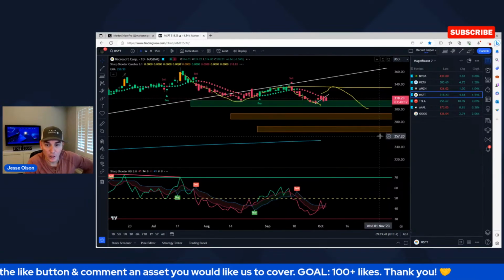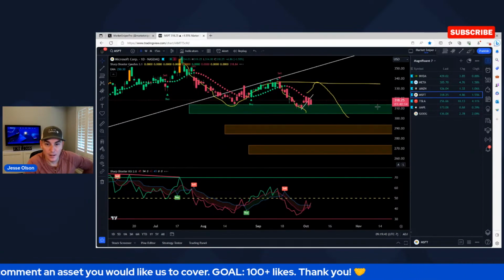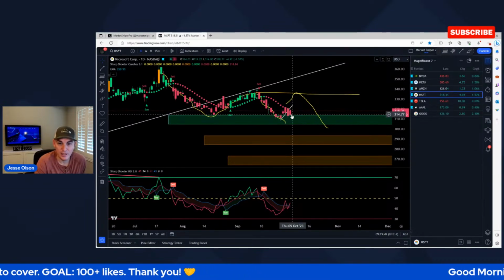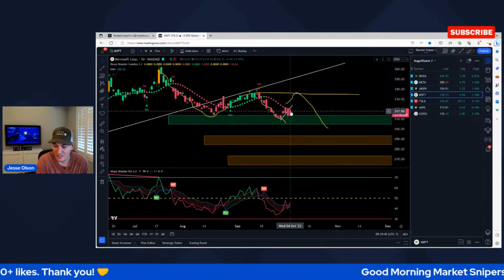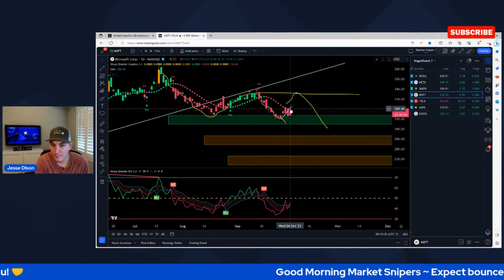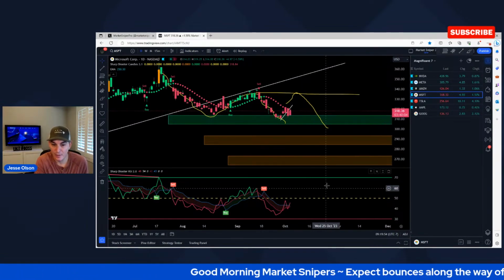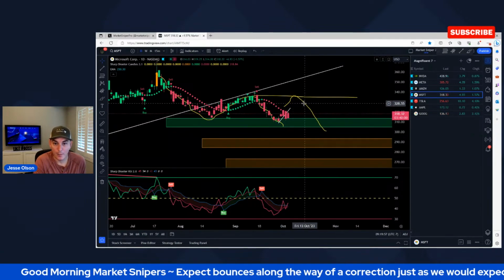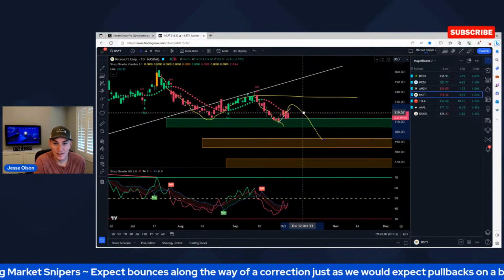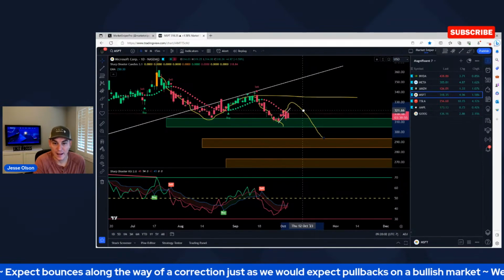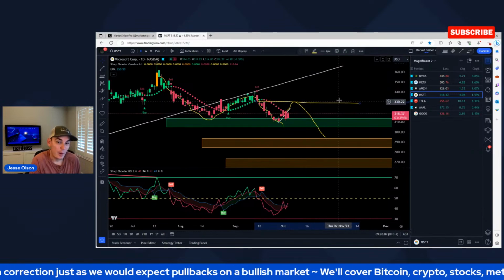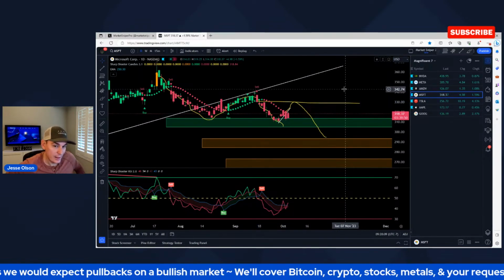The daily chart is still bearish. We're kind of watching it. It broke down from this trend line. Could be coming back to backtest those trending dots, maybe backtest that trend line and come back down. However, it doesn't mean that it couldn't come back up and put in a higher low somewhere up in here like that as well, right? Still expecting higher lows along the way, but it is possible that